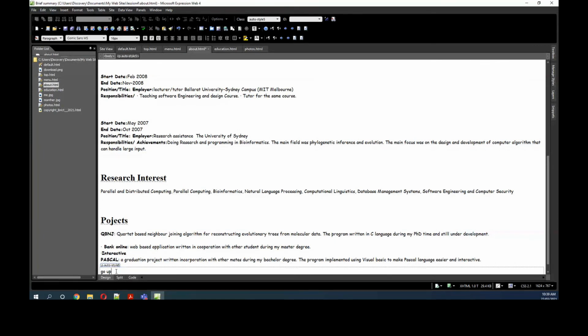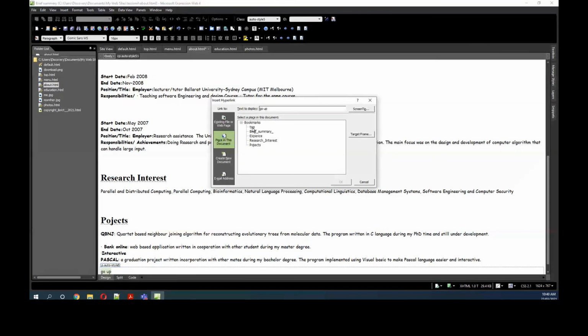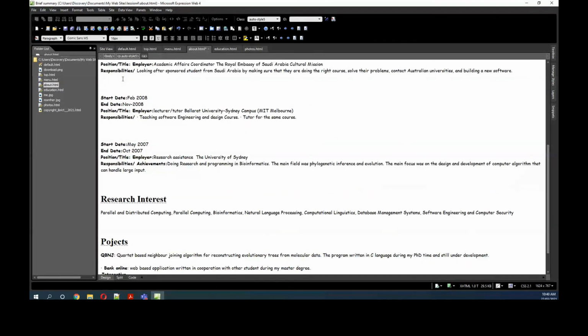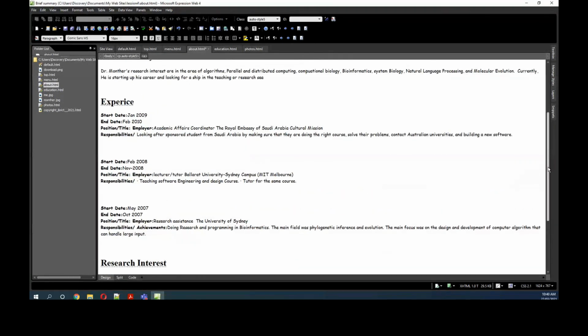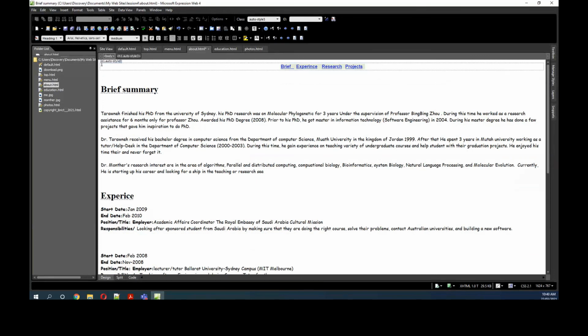Go up to the top of the page, shadow it, and here I can say insert hyperlink and choose bookmark and choose the top and say okay. Now do you see the top word? I don't want you to see it, but it's there. It is here if you shadow it. So I'm going to save now. If I display it right here,